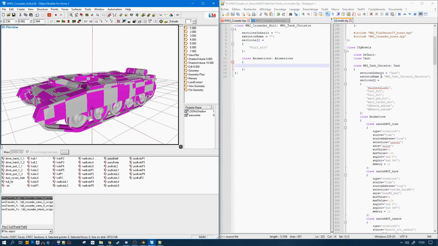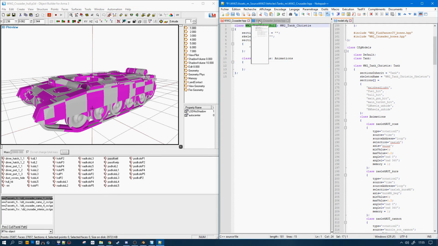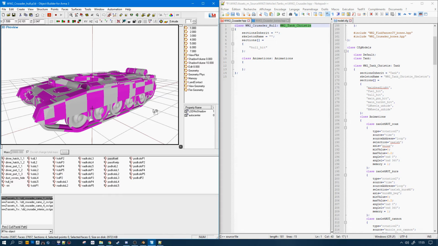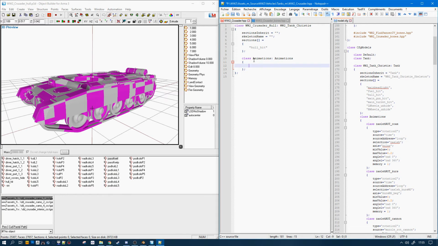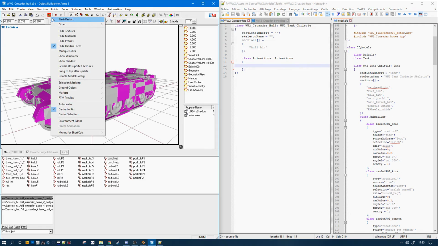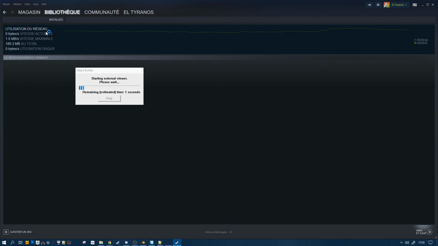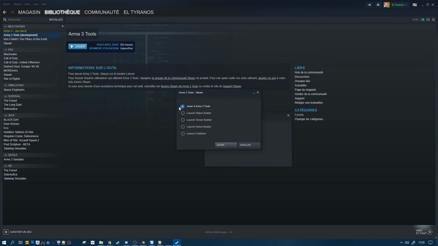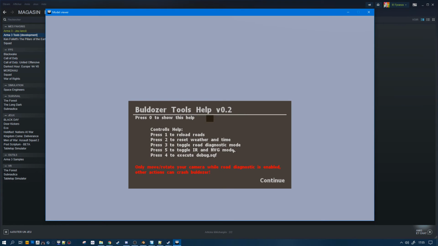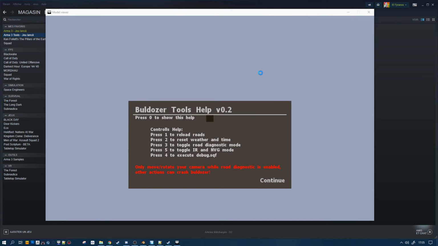You just have to change this and keep the inheritance right, have the standard naming, and just here by not doing anything, we should be able, if we start Bulldozer, which is going to take a while, so I'm going to make it go faster, with the startup trick.